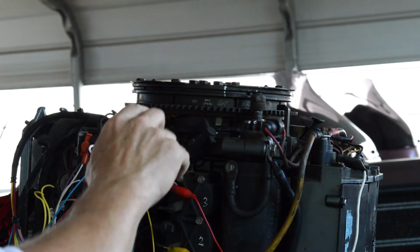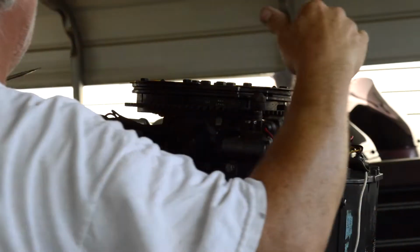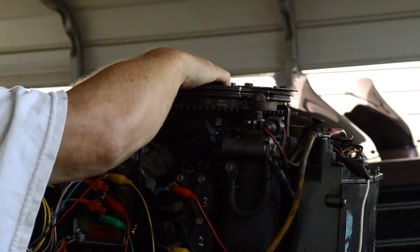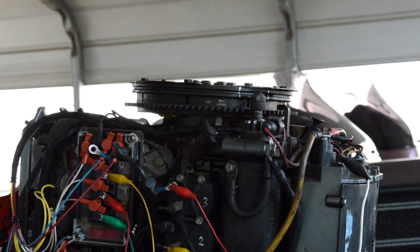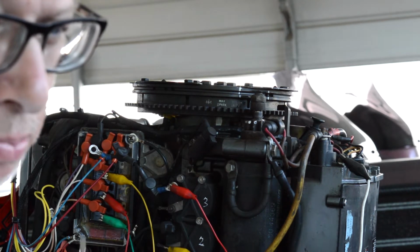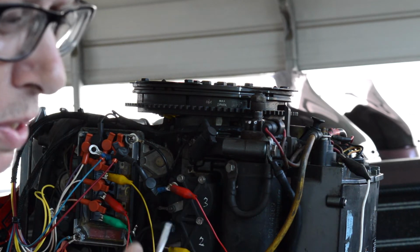So it's sort of doing this motion, right? And you can literally feel that, and you will know that you're at top dead center, which, according to this mark, is a little off, I think. So there is 0, and you can almost feel it. So I know that this timing pointer is pretty doggone close. Now you might be off 1 or 2 degrees, but we can do this engine by ear, because sometimes these engines, because of the wear on the piston rings, it might